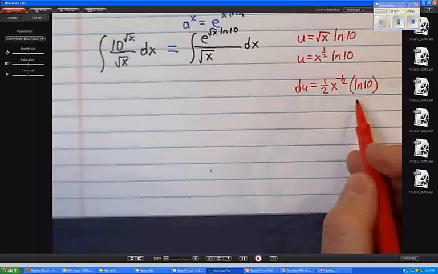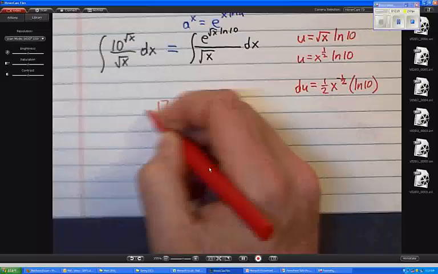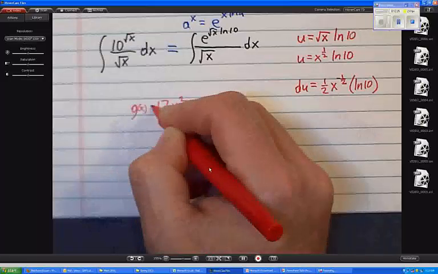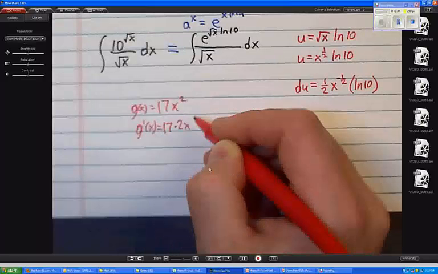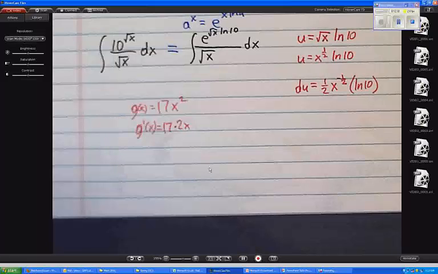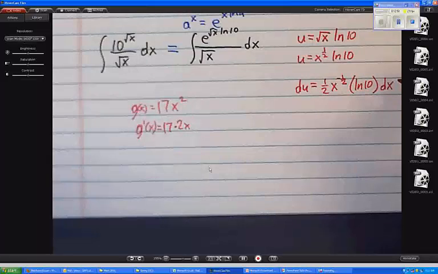No, it's a constant. It's kind of like if I have 17x squared for g of x, then what's g prime of x? Well, it's 17 times 2x. We just ignore the 17. Here I kind of ignore the natural log of 10 for a while. Okay? And by the way, I guess my question is, do we have du? Not quite, right? Oh, I forgot the dx here when I put the du. I do have dx to the negative